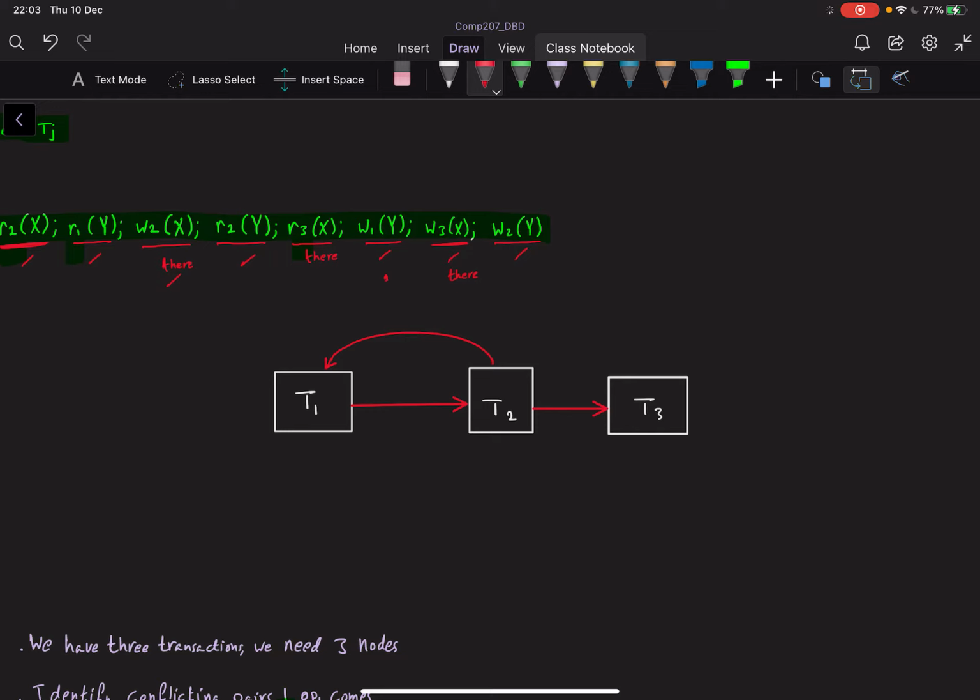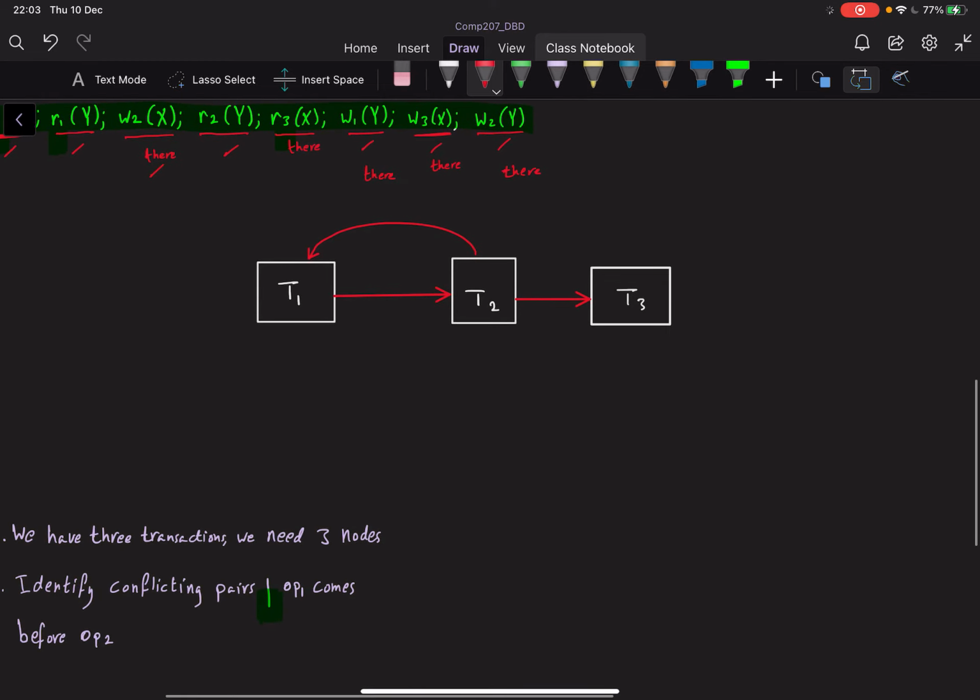Then we go W1 on Y and W2 on Y, and we find that this is already there, which is this thing. So what do we say? For the boring details, we just say it's already there, and then we say here it's already there. So now we have actually successfully constructed our